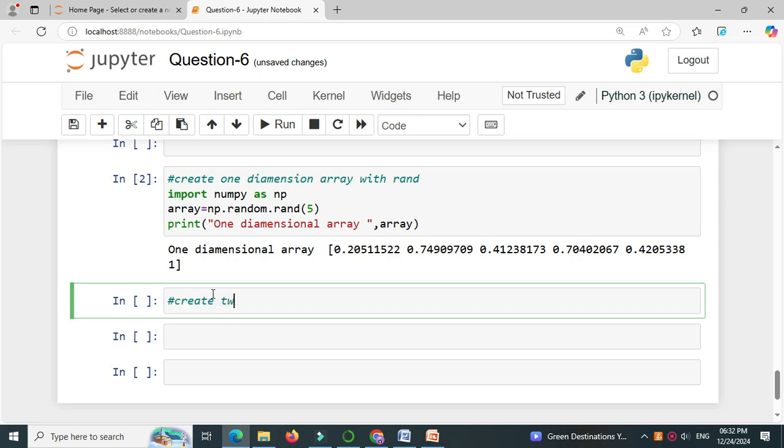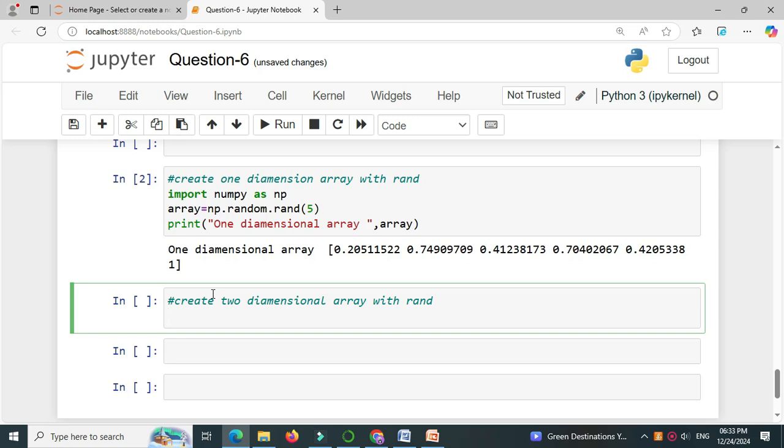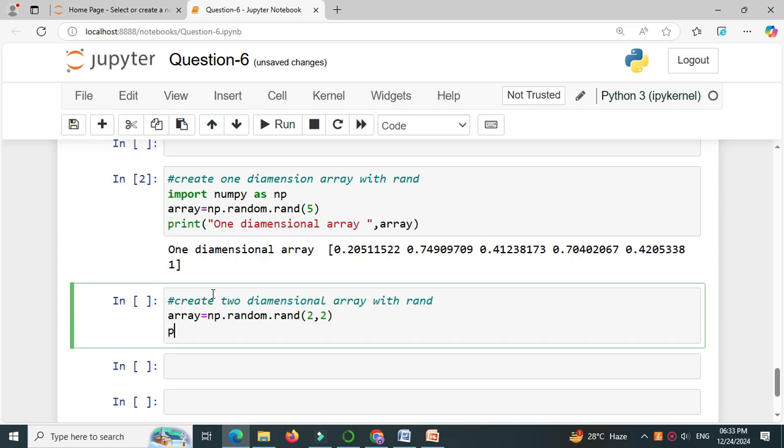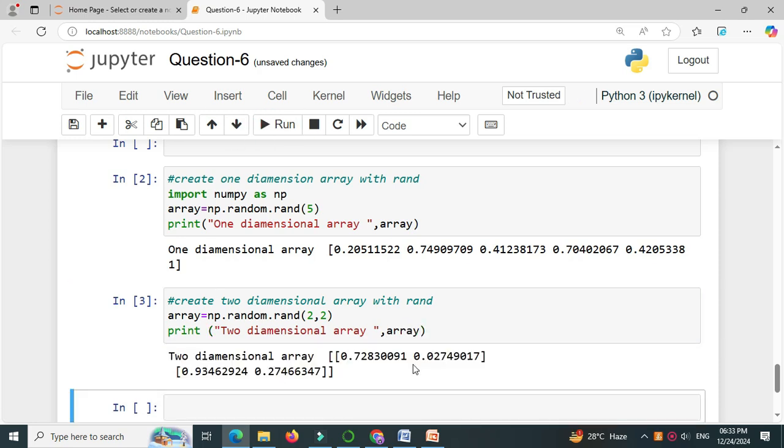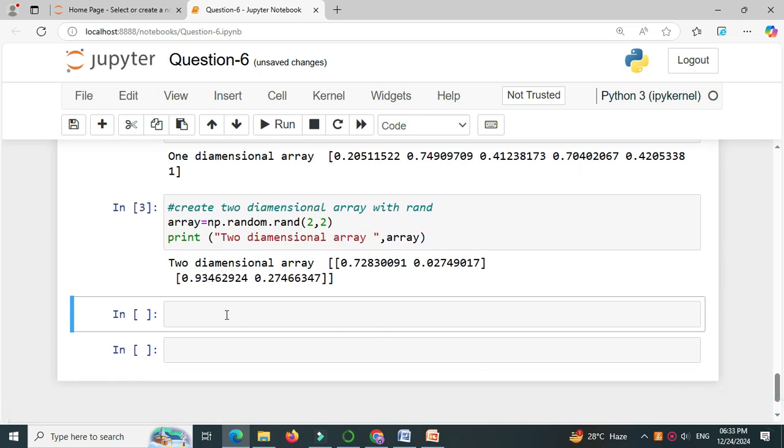Then we will create a two-dimensional array. Here we have already imported numpy, so no need to import it again. We will directly define an array. So array equal to np.random.rand with 2, 2, and then we will print the two-dimensional array with array and we execute it. It will create a two-dimensional array with values between 0 to 1,